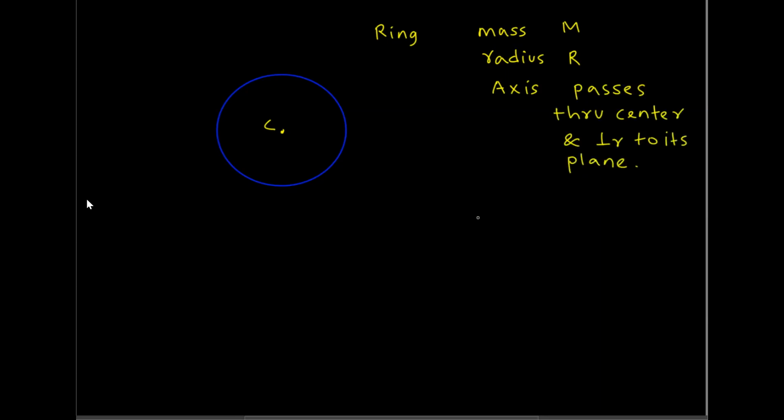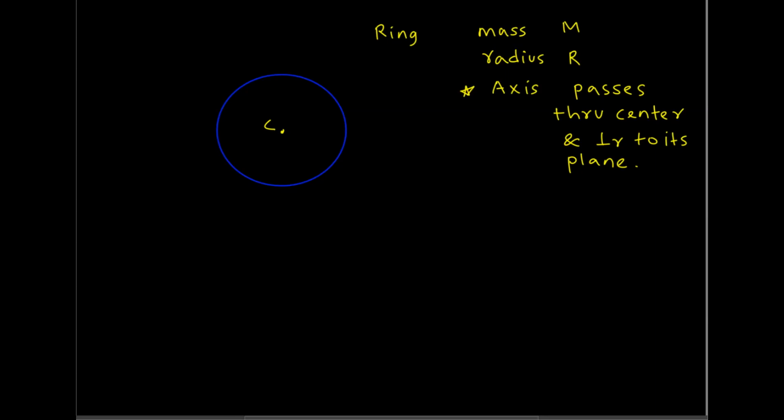Now if any problem does not mention the axis about which they want the moment of inertia, then that problem is wrong, or you can say it's incomplete. But sometimes it happens. Sometimes they just assume that you're going to take the moment of inertia about the regular axis. But to be appropriate, they should always mention the axis, and then usually they do.